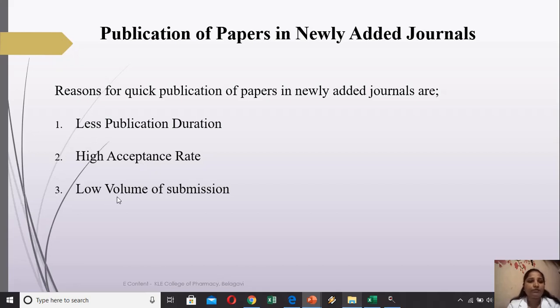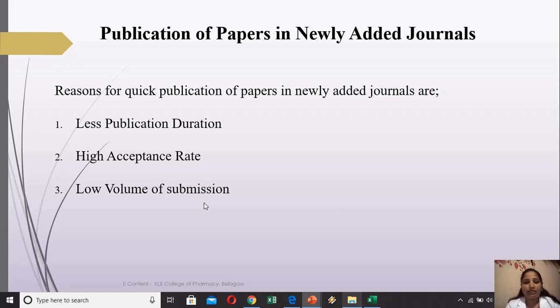And also the low volume of submission. Low volume of submission means the number of papers submitted to these newly added journals will be less. For example, older journals which were indexed in Scopus long back will receive around 1000 papers per year, and from that they may publish only 25 to 30 papers, while maybe 100 or 200 papers will be under review, and the remaining papers will be rejected.